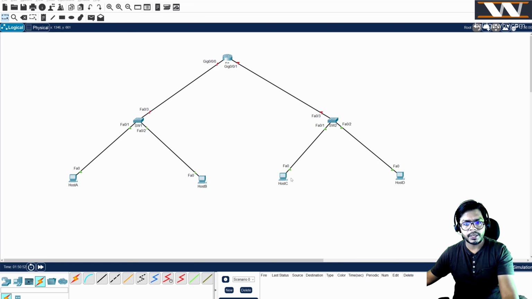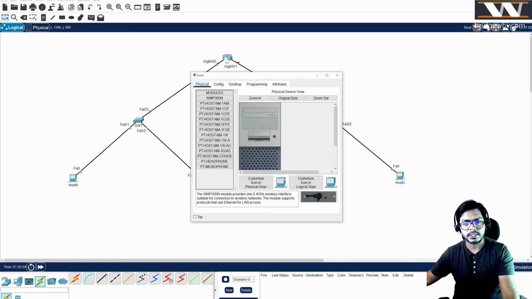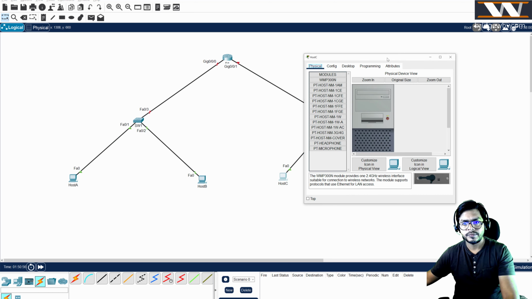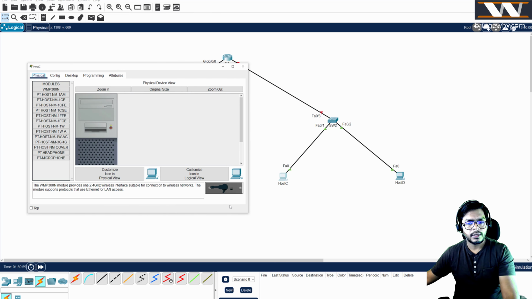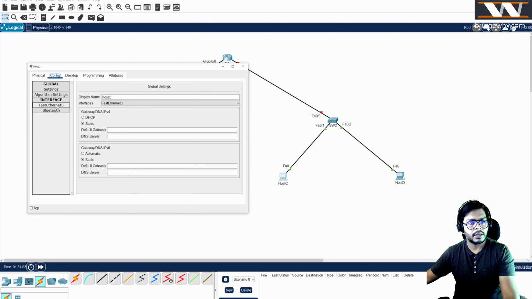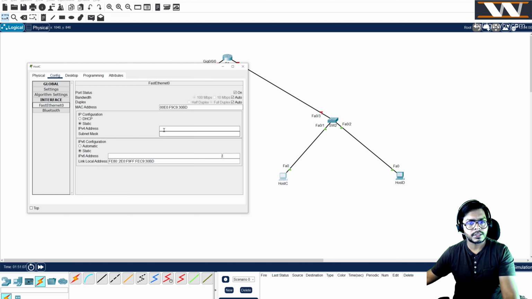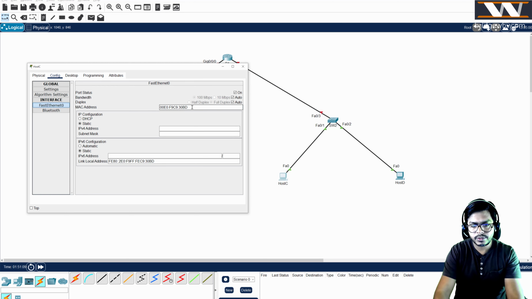So I am in host C first, right? Let's move it here slightly. I am in host C. Let's go to the config, and in the config part, let's first go to the MAC address here. This is going to be CCCC, you all know, right? The IPv4 address is going to be